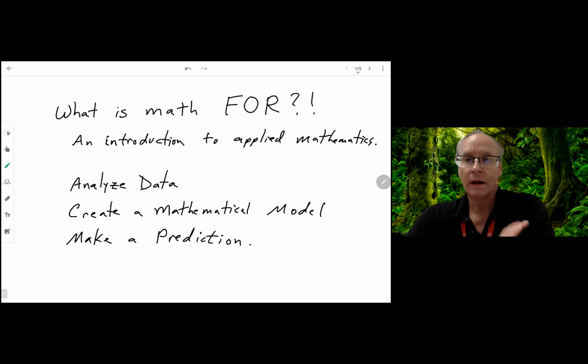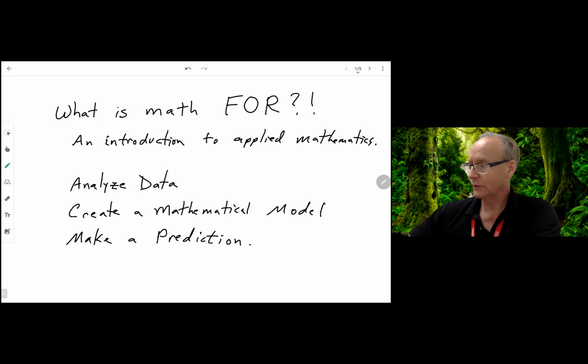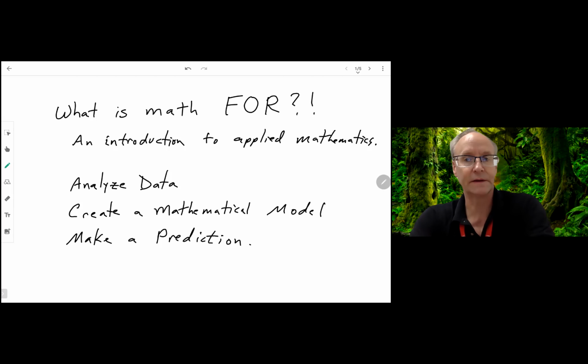Anyway, going back to what the question is, we can solve some very simple problems and make some simple predictions. So the general process that all scientists follow is they analyze data, they create a mathematical model, and then they use that model to make a prediction. And we're going to do that in some really simple cases. So the first one